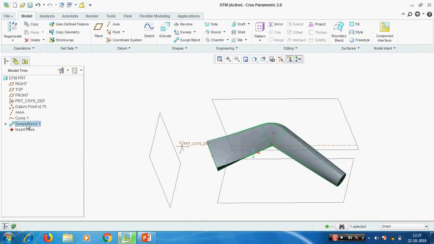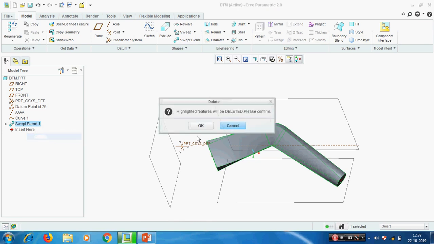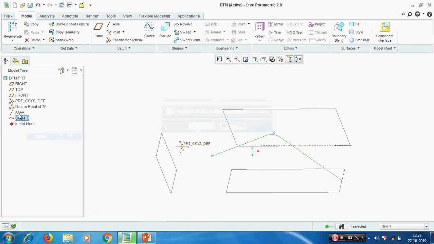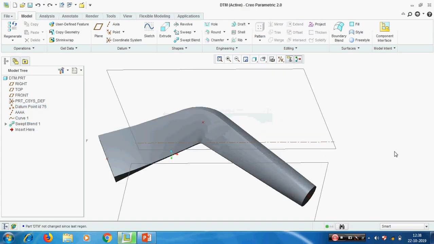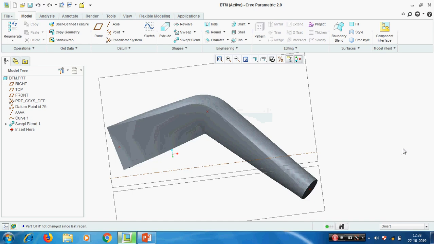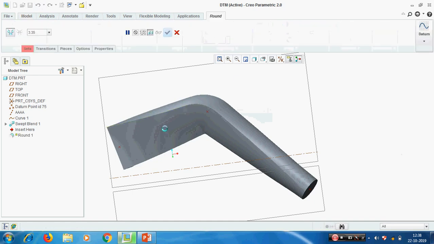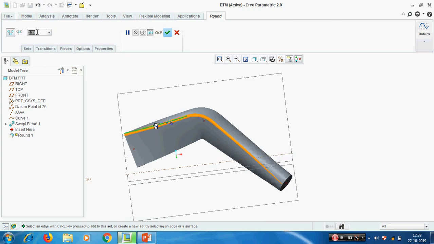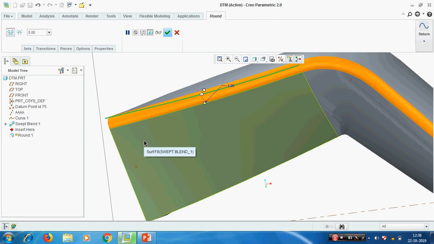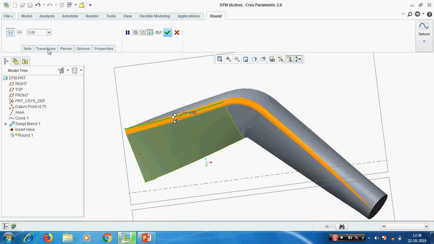One more thing we can see now along with this. Deleting this, okay, we'll do undo. Now I am going to create one round. See, this one is a round. I am creating it on the edge. This is a 5 mm round, for example. This is a constant round. If you want to add more radius,